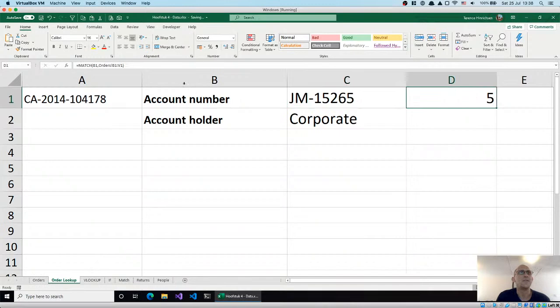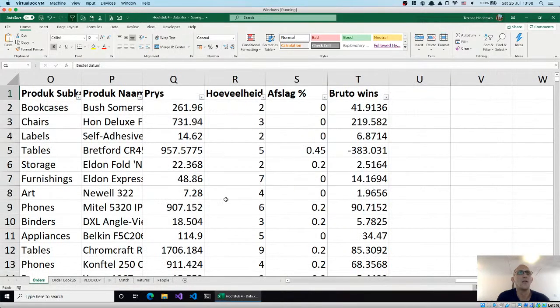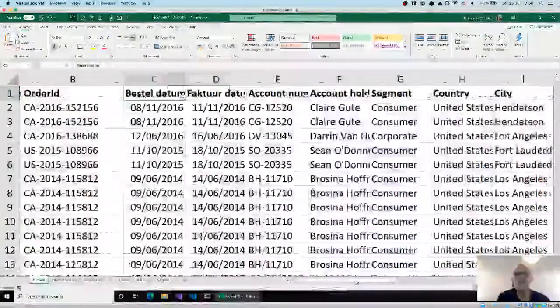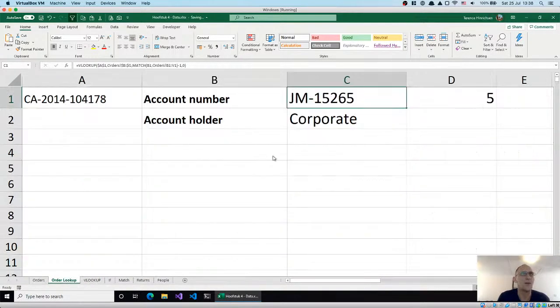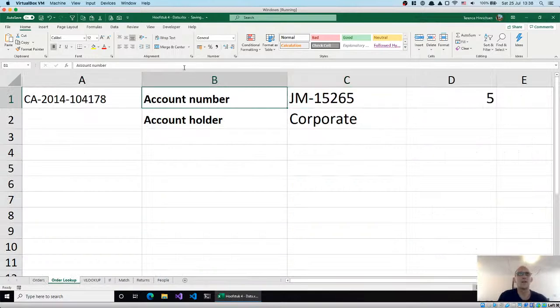It's quite interesting, I'm missing something there. From B to V, so B is the right one. 1, 2, 3. Oh, it's because it is column 4 now. But it starts at 1 and the match says it's 5. Okay, so it's -1 there. So it's -1. And now if I change that account number to account holder,